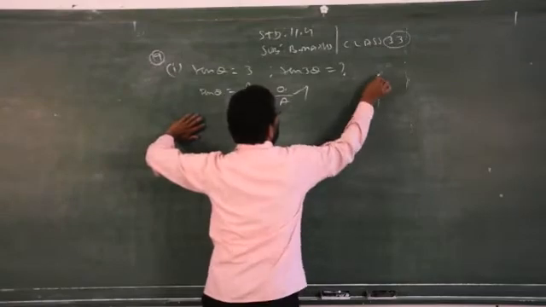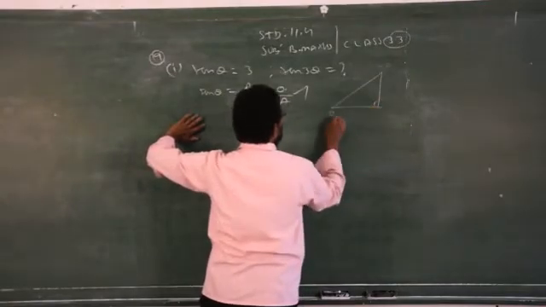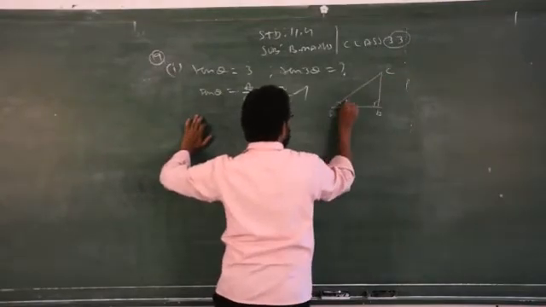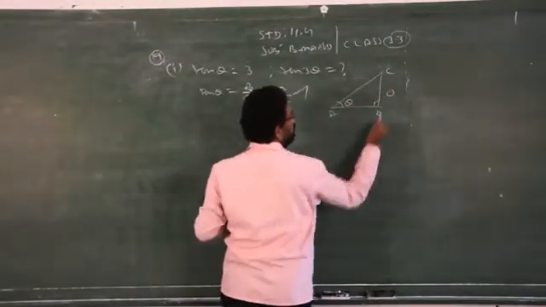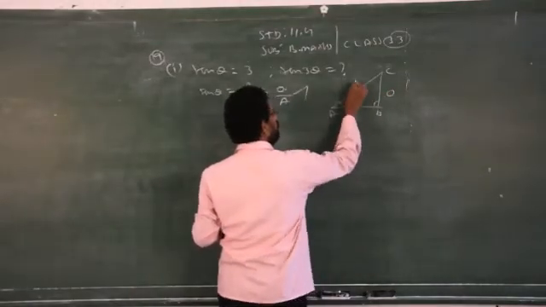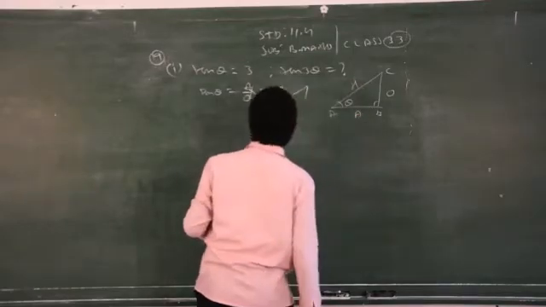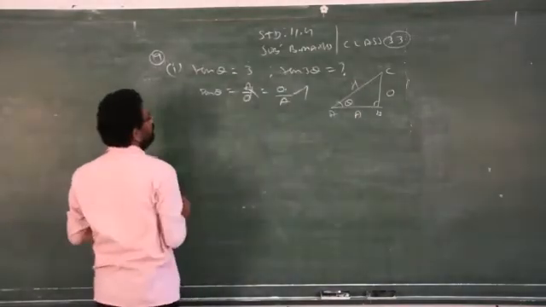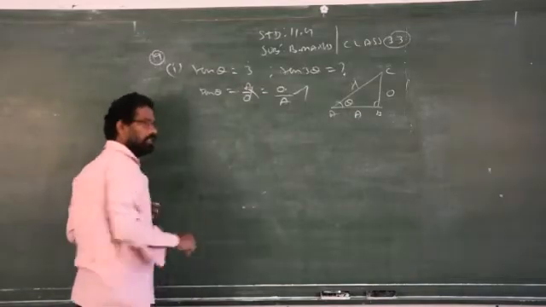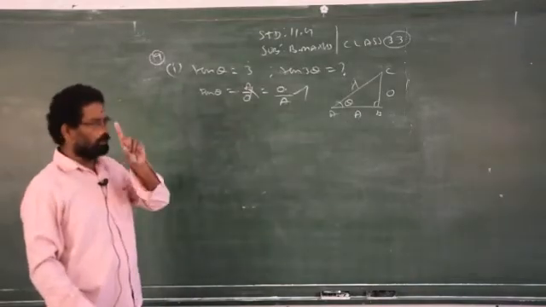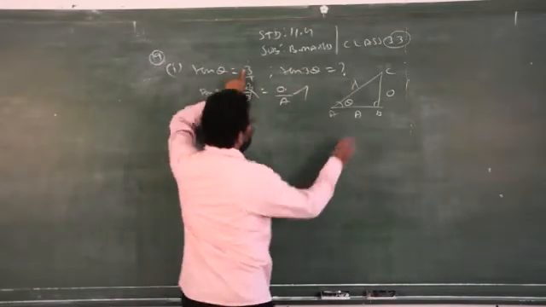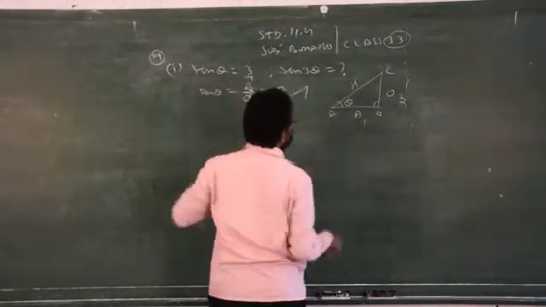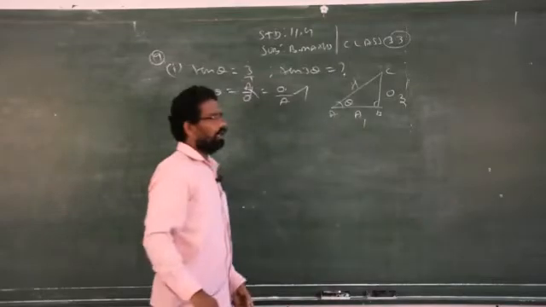So straight away draw a right angle triangle. So A, B, C, you have to take theta here. The side which is opposite theta is the opposite side. 90 degrees is opposite the hypotenuse and the remaining is the adjacent side. Tan theta is given 3. There is no denominator. You know basically each and every number has a denominator 1. Therefore, you take it by 1. So opposite is 3. Adjacent is 1.